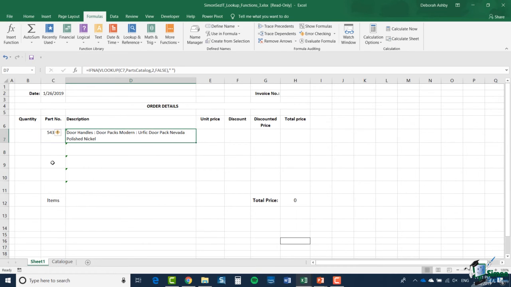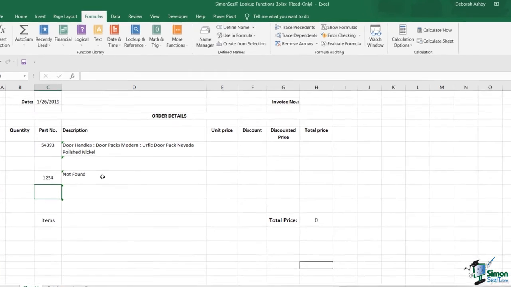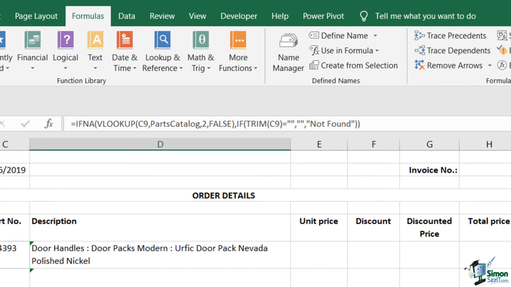And let me put a part number in C9 that doesn't exist in the database. So I'm just going to go with 1, 2, 3, 4. Now notice that in this case, what has happened is different from the situation where the part number is just left blank. I actually show the text there, not found. And if you look at the version of the formula that I have in here, I still have the IFNA and the VLOOKUP, and of course if the VLOOKUP works and the part number is found, then the description is shown. But if it doesn't, in the second argument for the IFNA, I've put an IF statement,